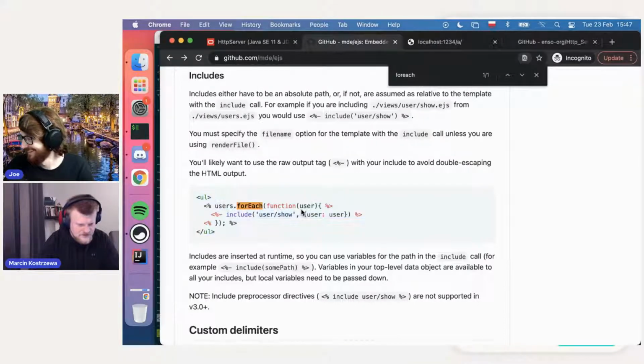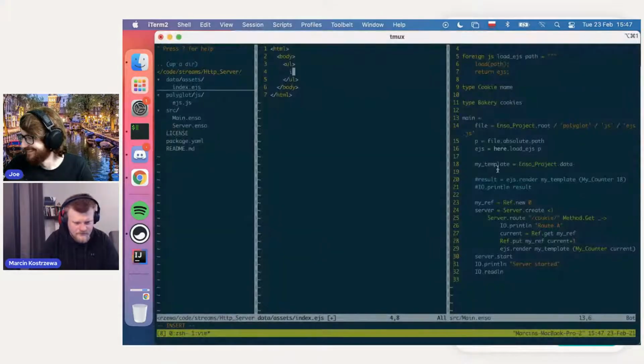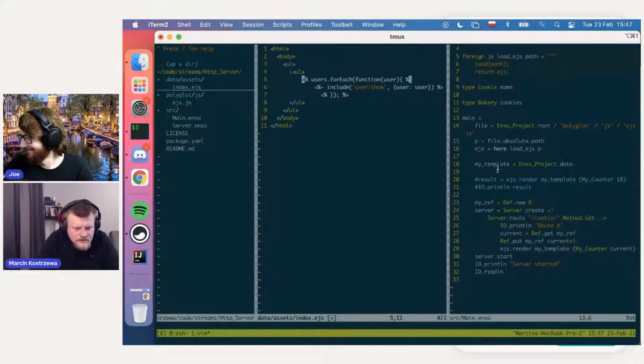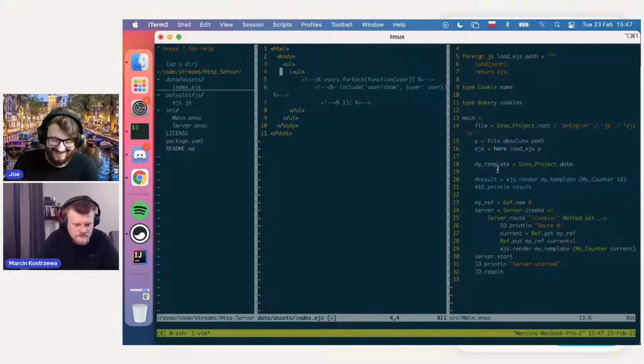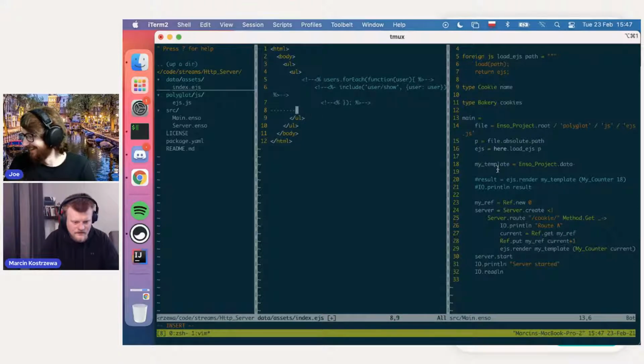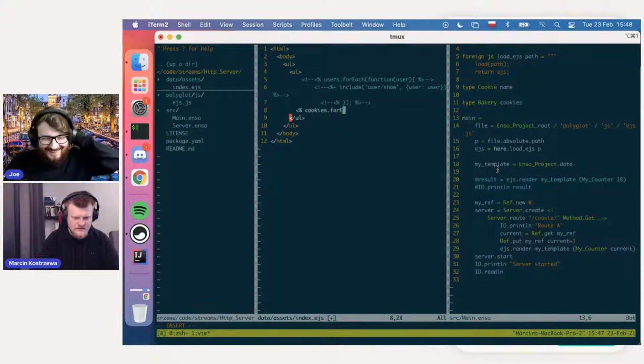Right, let's do this. So we have our cookies stored under cookies. For each function cookie,